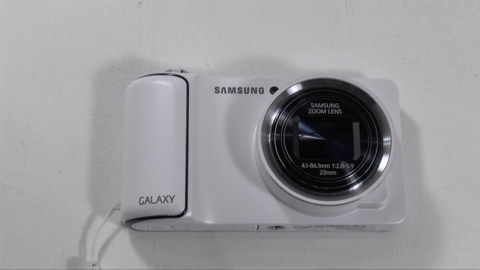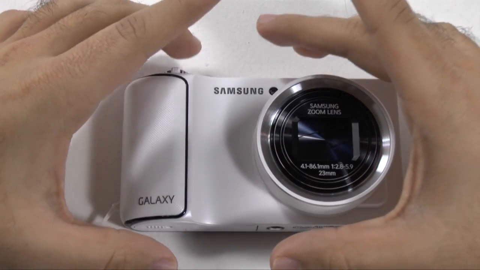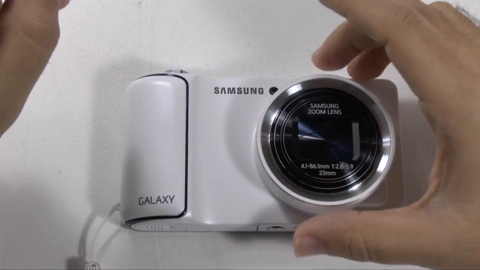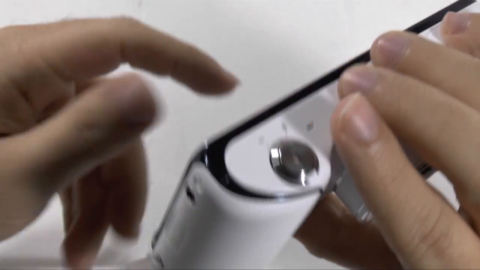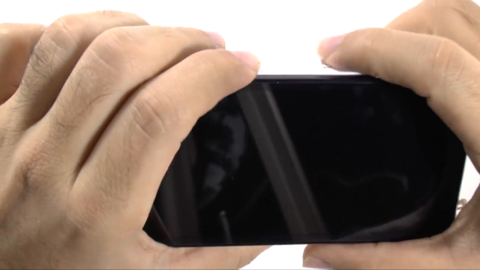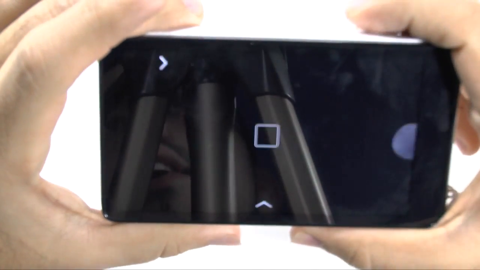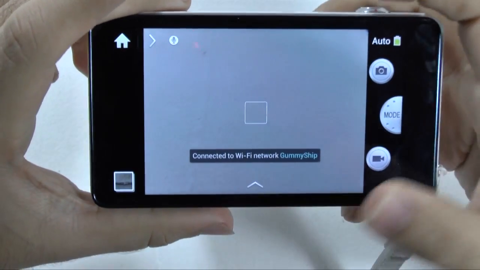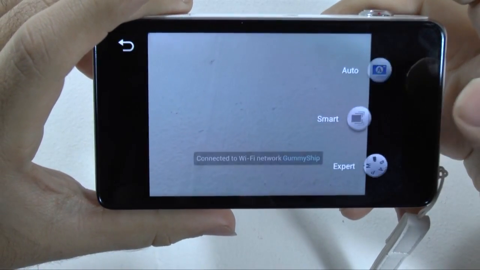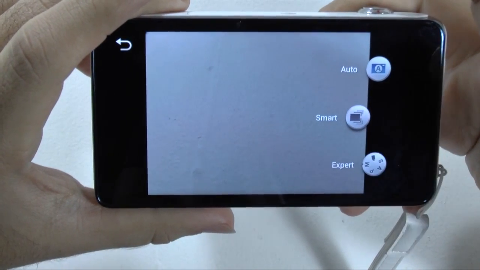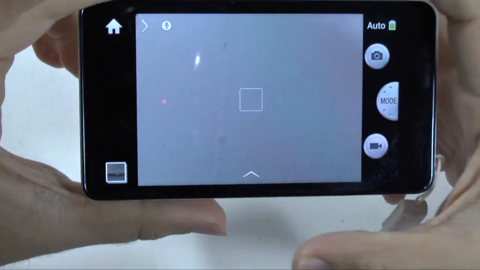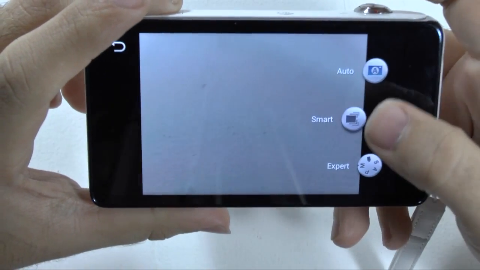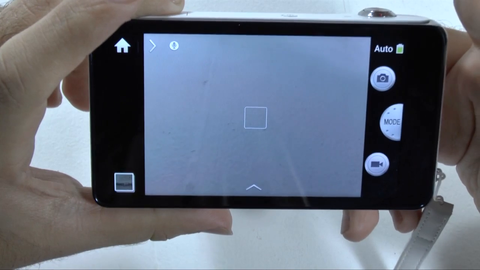Hey guys, so today I'm going to give you a walkthrough on the different camera settings for the Samsung Galaxy camera. I'm going to go over all of them with you today, and we'll start with the basic settings that you can do on auto. Then we'll go through the preset settings, what are called the smart settings, then the expert settings, and then of course the video settings. So first of all, on auto, the mode would be at the top right here, and